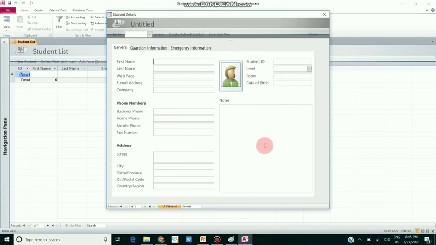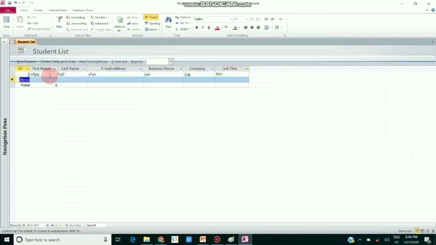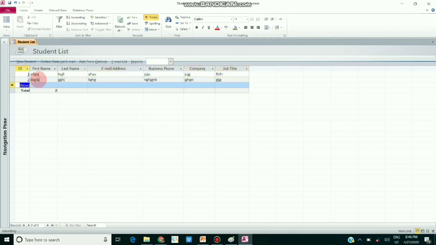This is a detail sheet of the students. If you have written something, you can see that the ID should be generated automatically by default.